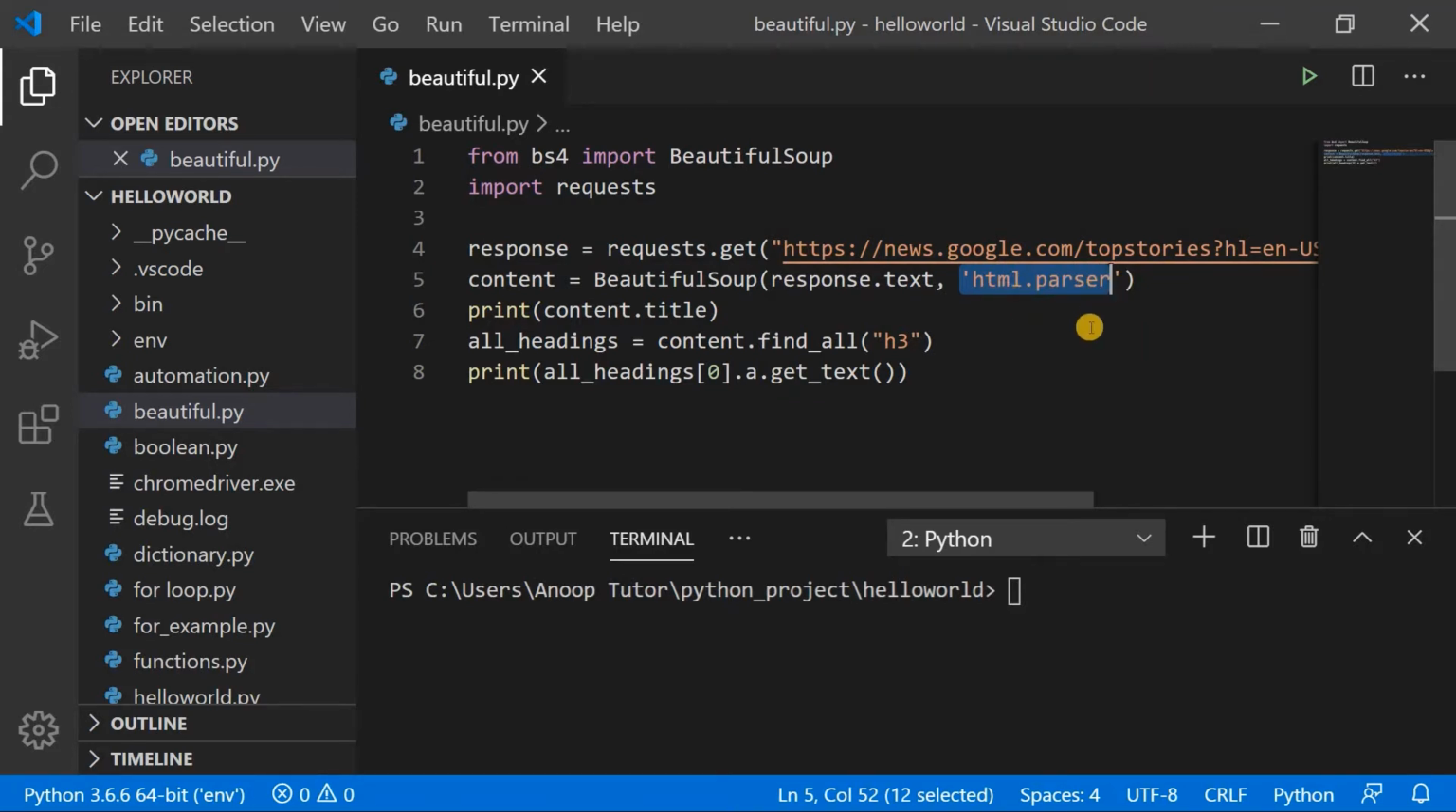So we are specifying that the content which we receive from this particular website is HTML content, and we need to use the HTML parser in order to get the meaningful data from here. We could also use other parsers like the XML parser and so on, which we are not covering here at the moment. So once we get the content here, I'm just trying to see what exactly the title of the